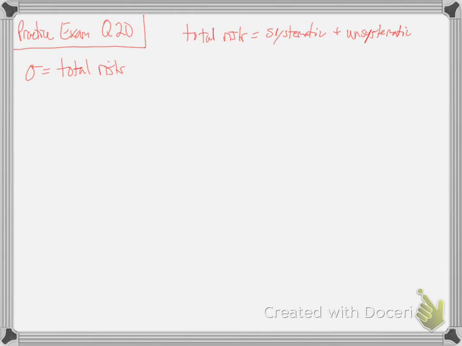So since standard deviation is total risk, we can calculate a measure looking at expected returns divided by total risk, or expected return divided by standard deviation. Okay? And this is what we call a Sharpe ratio. It's a Sharpe ratio when we go a step further